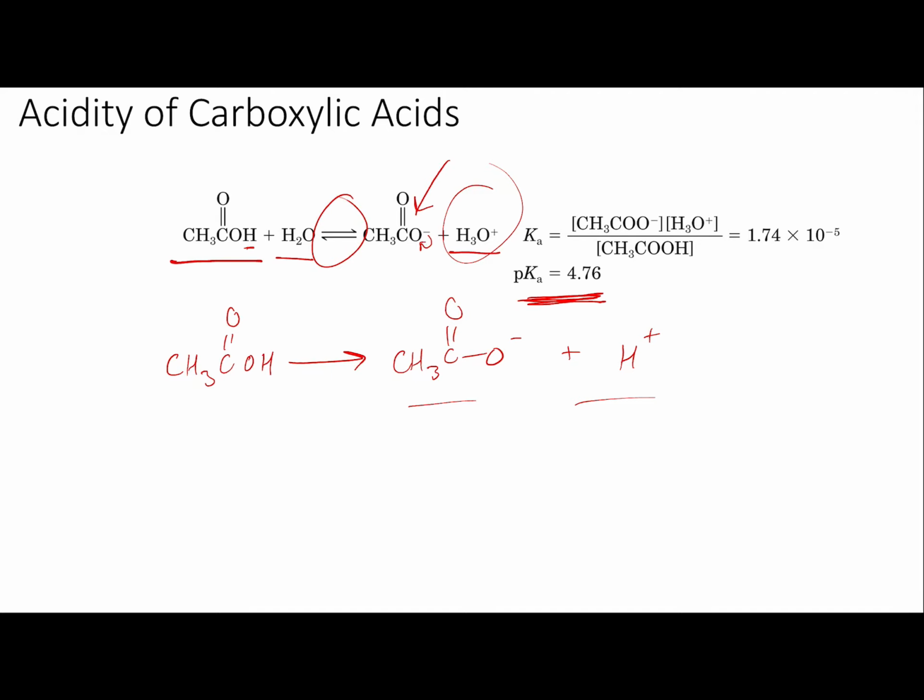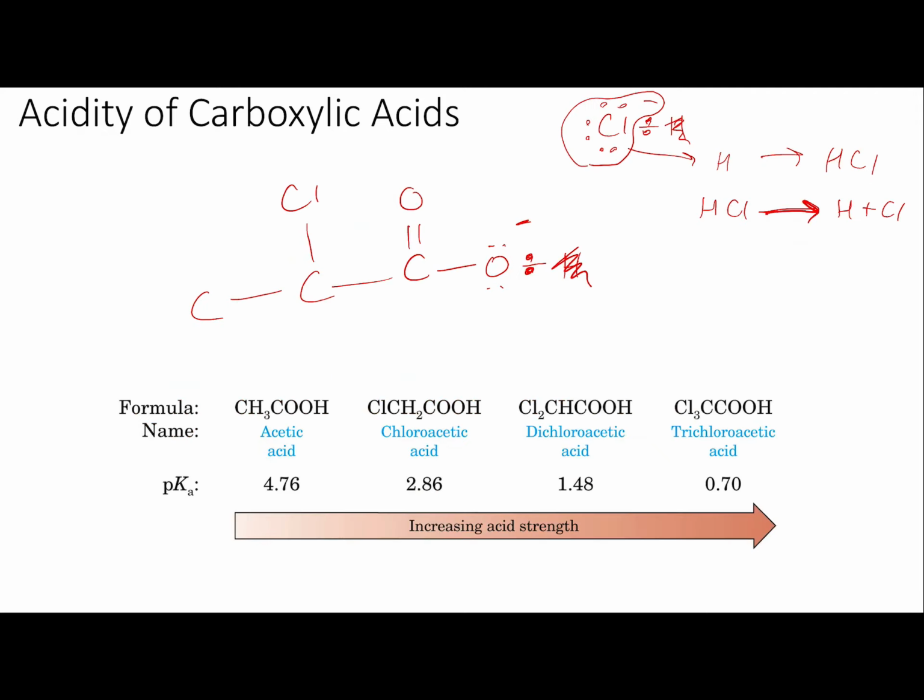This lone pair can drop down this way, form a double bond here, and kick this guy out, and have some kind of resonance. And that alone makes this thing a little better as an acid than it would be if it couldn't do that, because the more stable it is, the better acid it is, and this stabilizes it. Having something else that's really electronegative downstream from this molecule, or close to this molecule, maybe even